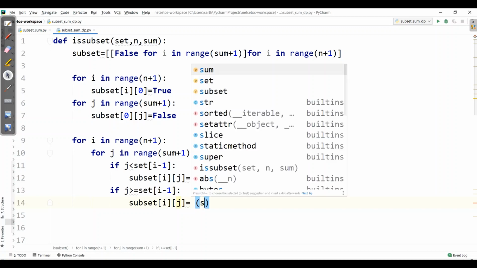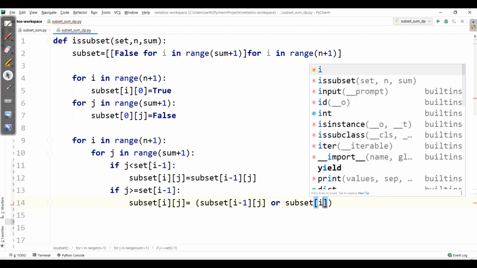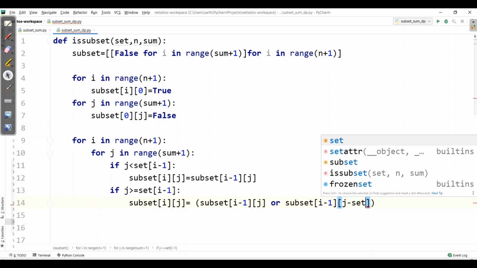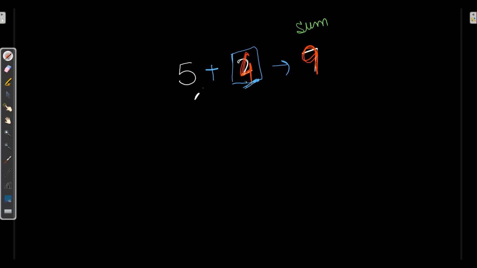First the above value subset i minus 1 j, then or subset of i minus 1 j minus set i minus 1. Why we said this? Because the value we needed, this 4, can be achieved by sum minus the value in the set.